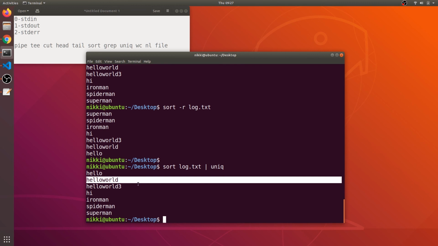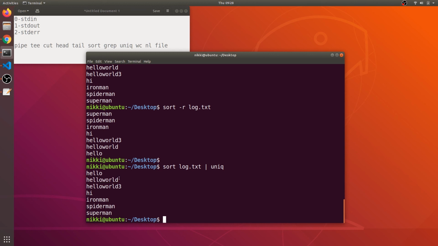We will see the uniq command later, but the only property you need for the uniq command is that all should be in sorted order, and if it is sorted, then the uniq command will remove the duplicates, right?